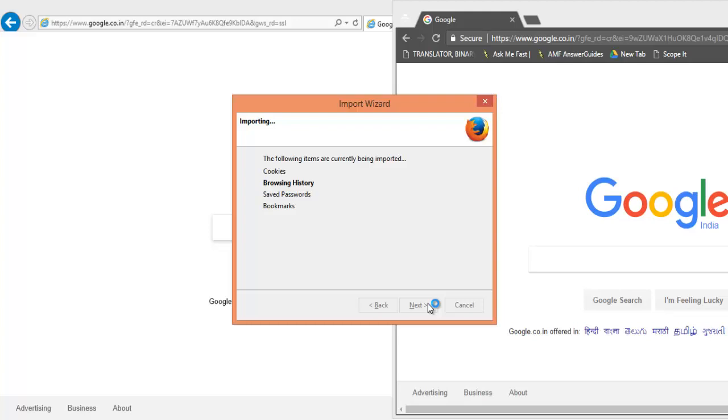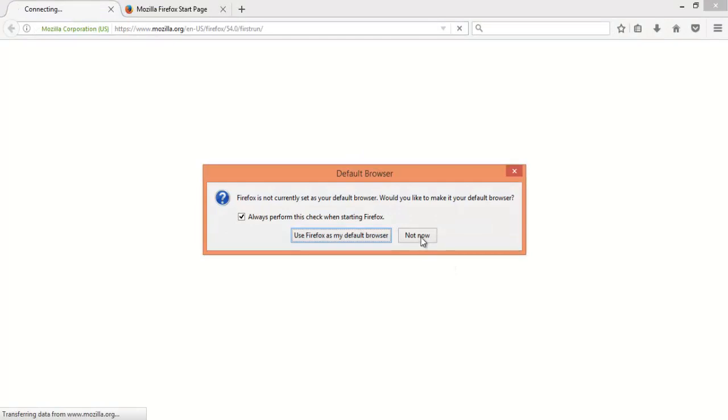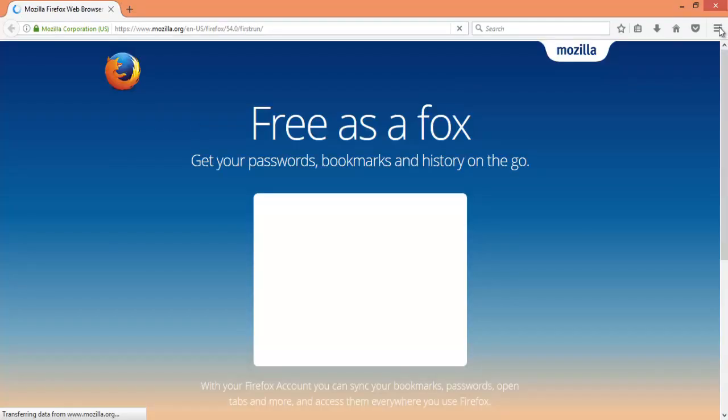So let's give it a minute. Cookies are done. Saying okay, import is complete and we are good to go. So let's open the Firefox. Yeah, and when you see it up here, now it's asking for the default browser, and here you see, and when you open the